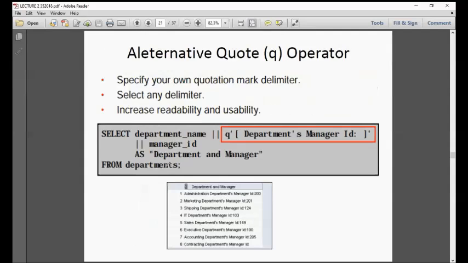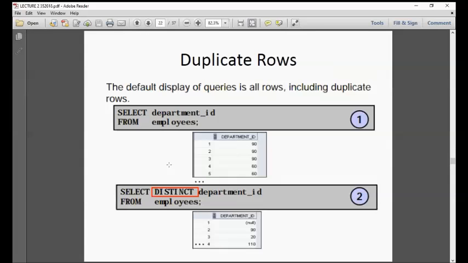Okay? So this one, alternative code for operators. Yeah, same thing. Now, in a database, one thing that we are going to be sure of is to avoid reiteration, repetition, or duplication. So if you just use select department ID from employees, you will have this one.